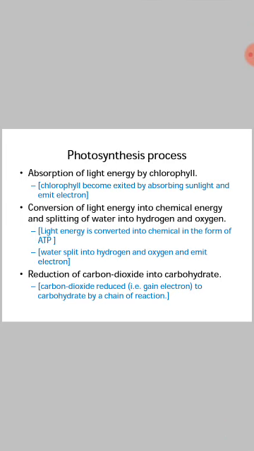Okay, now the question is why the reduction of carbon dioxide into carbohydrate is called the dark reaction. As we have seen in the previous class, from water to oxygen, this production is called light reaction, and from carbon dioxide to carbohydrate, this production is called dark reaction. So water to oxygen is the oxidation reaction, and carbon dioxide to carbohydrate is the reduction reaction. Okay, now why is it called dark reaction?